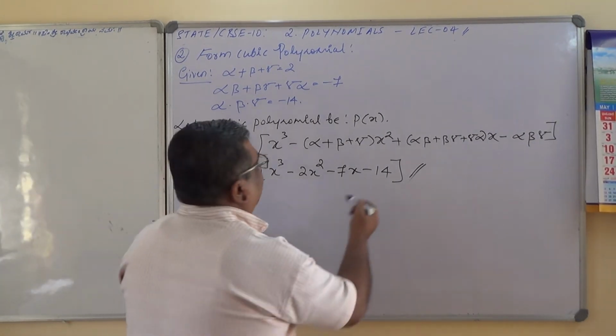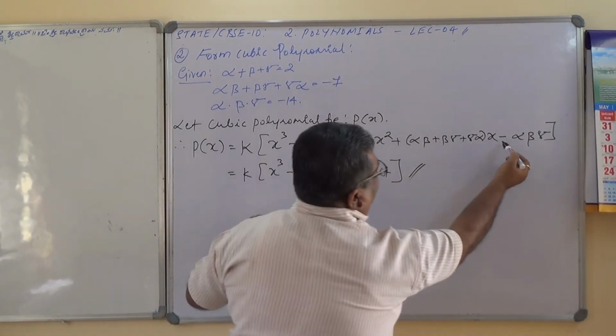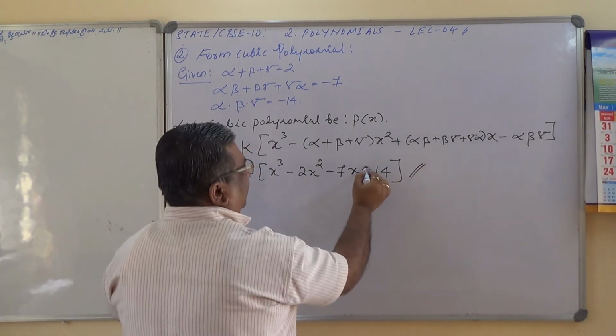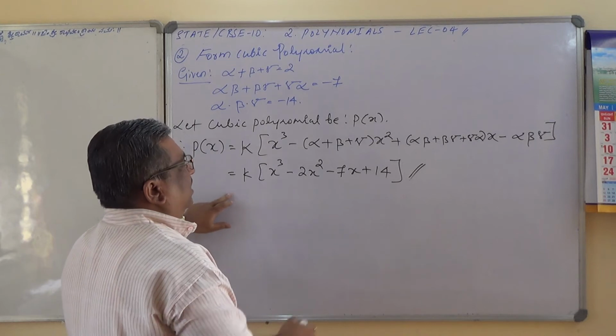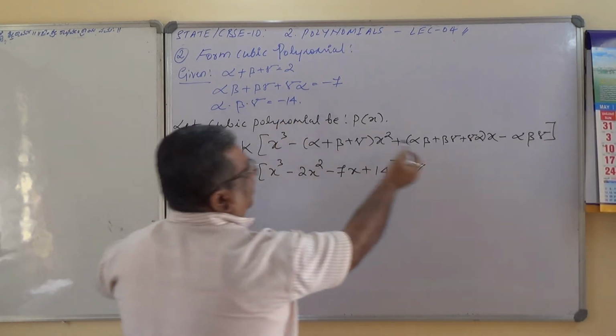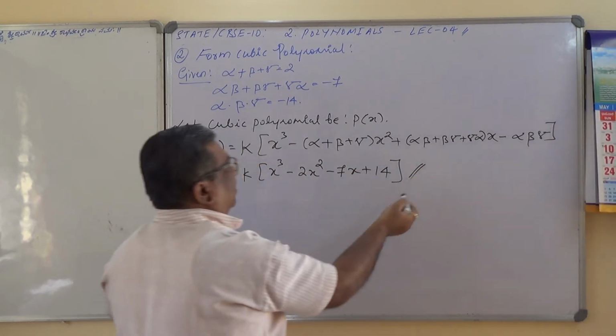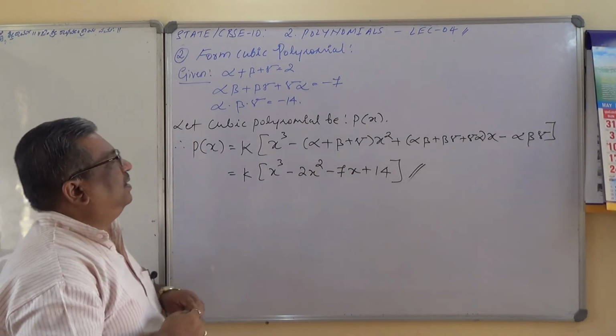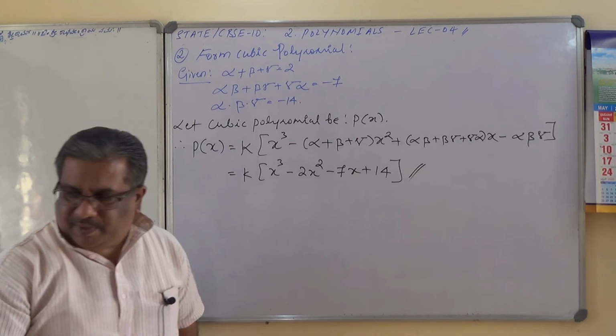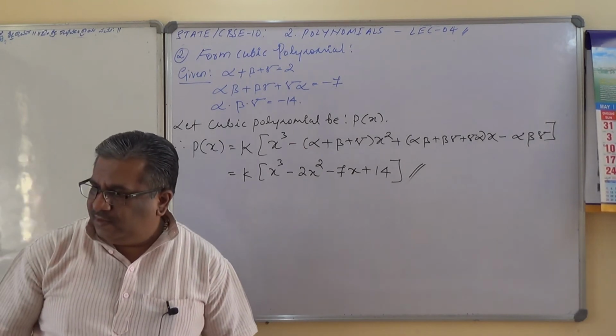Yeah, one correction here. It is minus 14. Minus into minus plus 14. Please remember this, okay. I think you understand here. It is plus 14 because minus 14, minus into minus plus 14. Please note it down as plus 14. Okay, that's fine. I think you have understood how to form. Let me take the next one now.